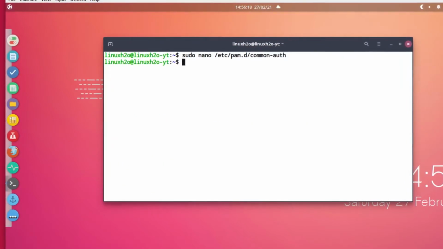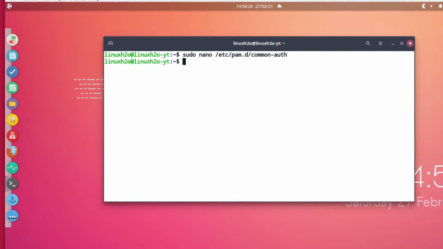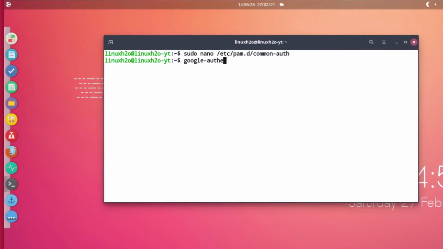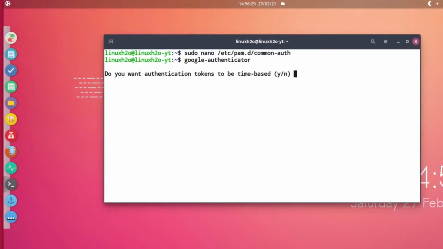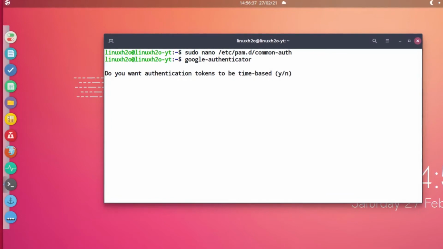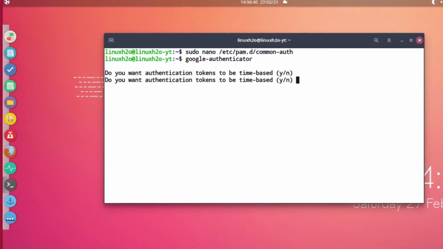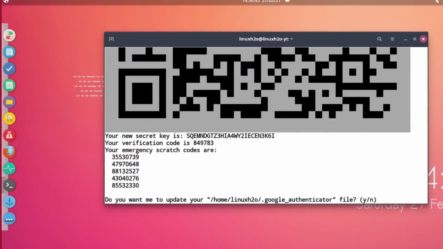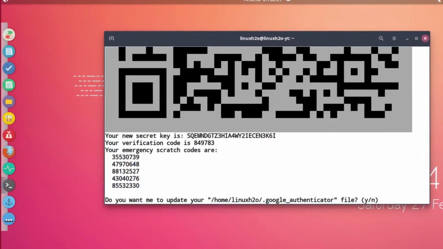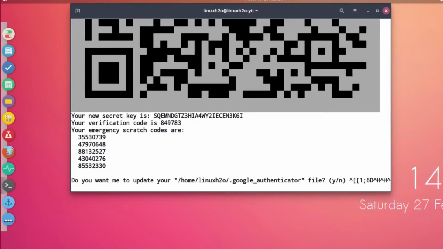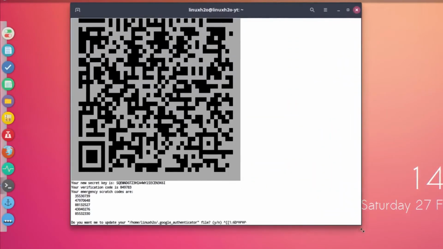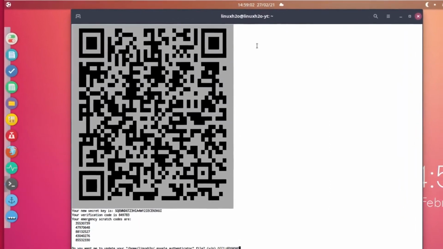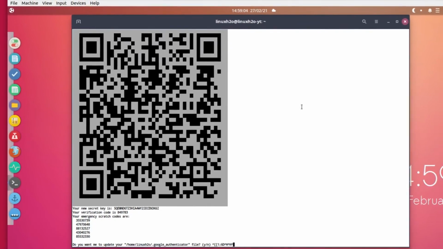Now after doing that we can execute Google Authenticator. For that simply type google-authenticator and hit enter. Now this will ask you to generate the time-based token. Simply hit enter again. Okay, this is not accepting yes by default, so you have to type Y and hit enter, and this will show you this QR code, so you have to zoom out a bit. Use Ctrl+minus or Ctrl+plus to zoom in and zoom out.